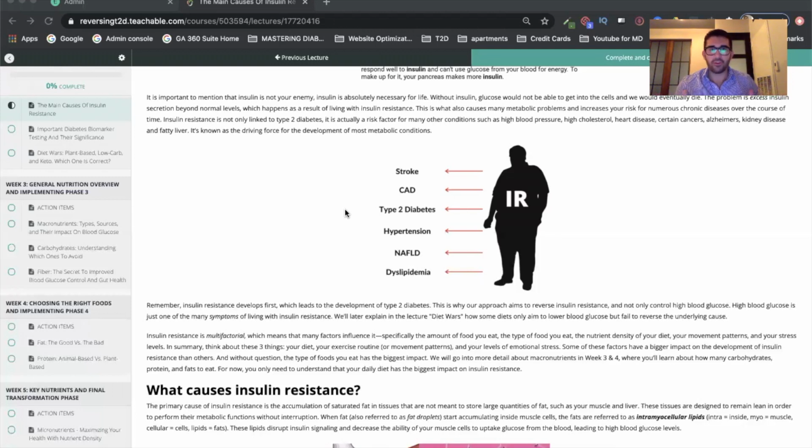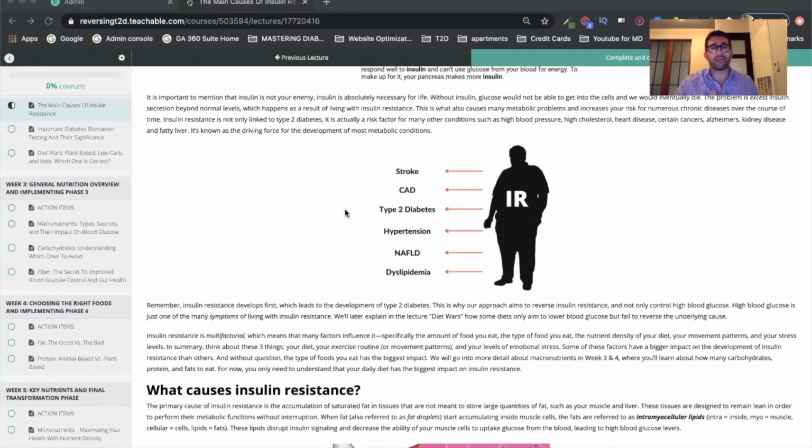Does that make sense? So now that you know this information, you might want to know, okay, how do I follow this plant-based whole food diet that many people are talking about? Now, I don't know if you have noticed, but if you are Googling or YouTubing how do I reverse insulin resistance or how do I reverse type 2 diabetes, more and more people are talking about the plant-based whole food diet. The reason being is because there's a lot of research being done on this approach because the results are promising.